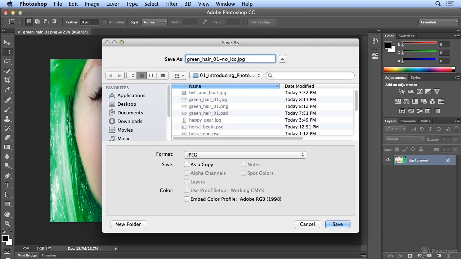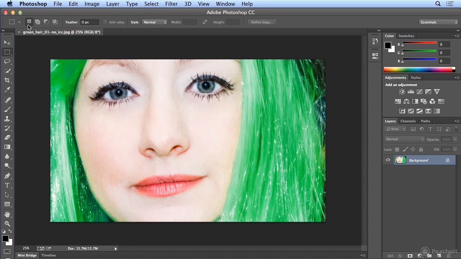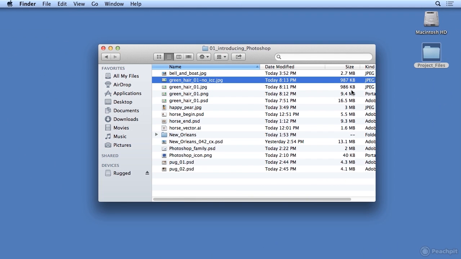It's technically called an ICC profile, the International Color Consortium. I'll hit Save. I'll leave it on the same quality, and now I'm reading a number of 978. Let's see the difference. I'll minimize. 986, 987. Virtually nothing. It didn't save a lot. But that color profile, depending on the format, can add a few K.